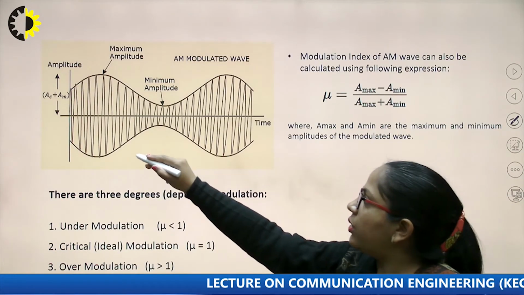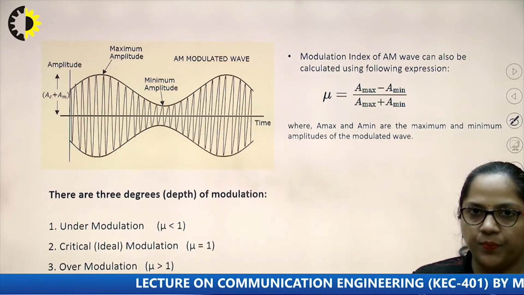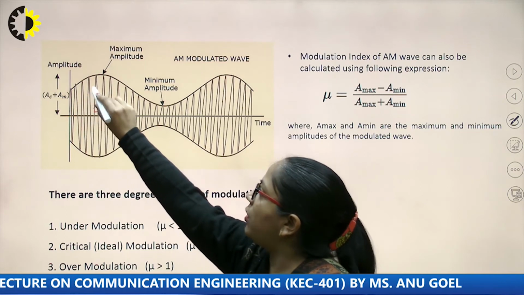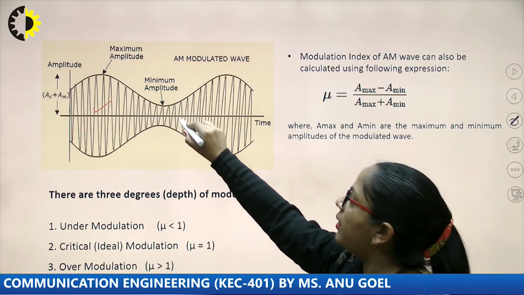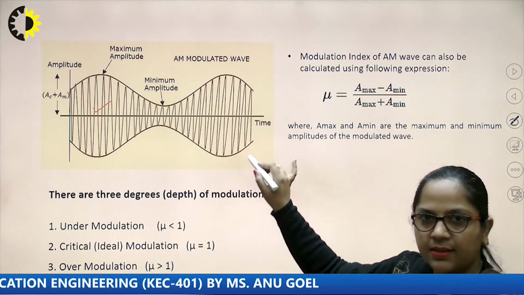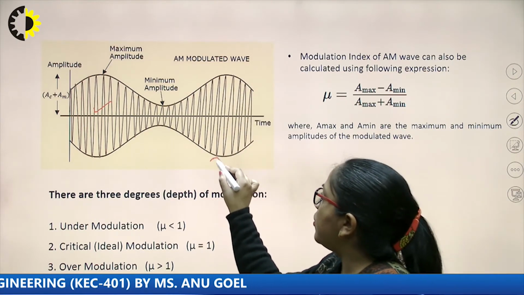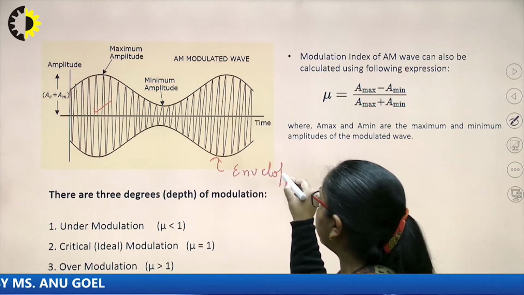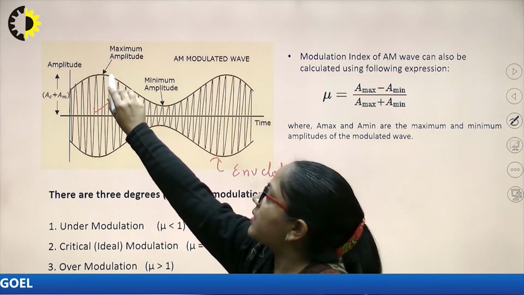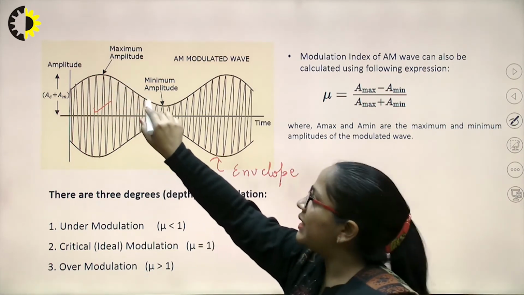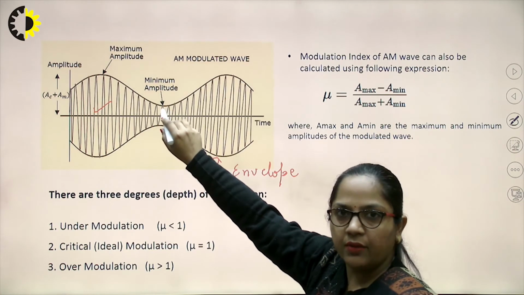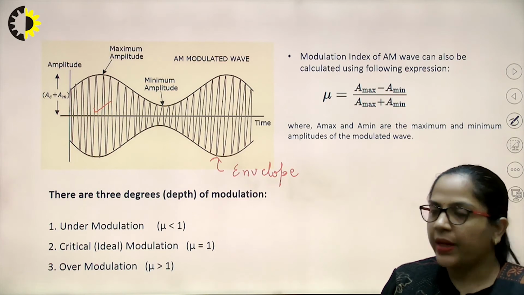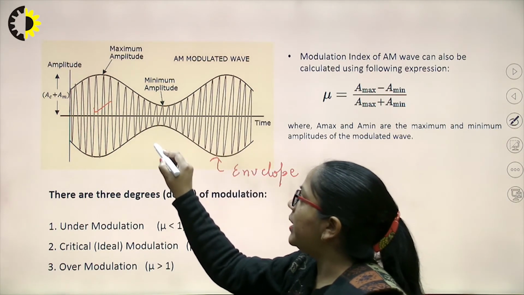Here we have shown an amplitude modulated waveform. This is the carrier signal. The amplitude of this carrier signal is varying according to the amplitude of the message signal. This outer line is called the envelope of the modulated waveform. This is the maximum amplitude of the modulated waveform. This is the minimum amplitude of the modulated waveform. The maximum amplitude is equal to Ac plus Am and the minimum amplitude is equal to Ac minus